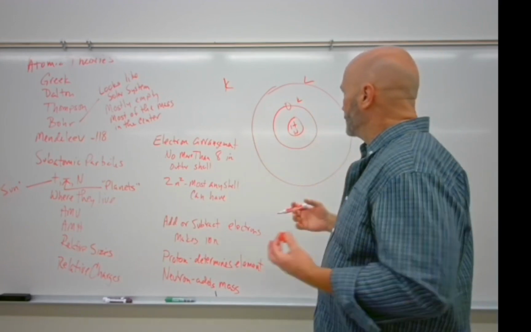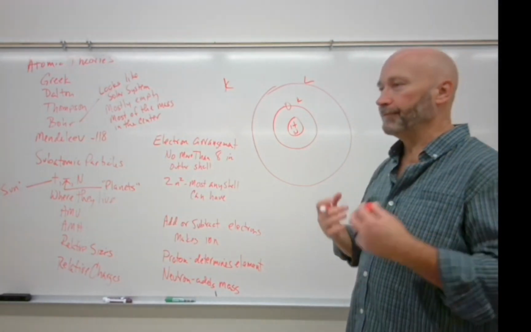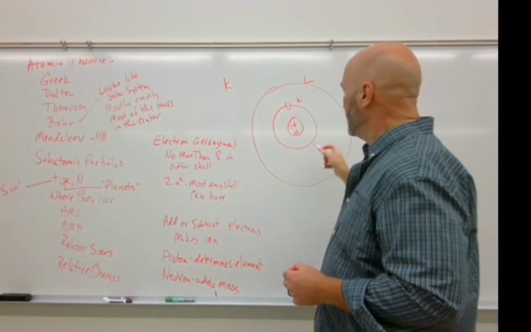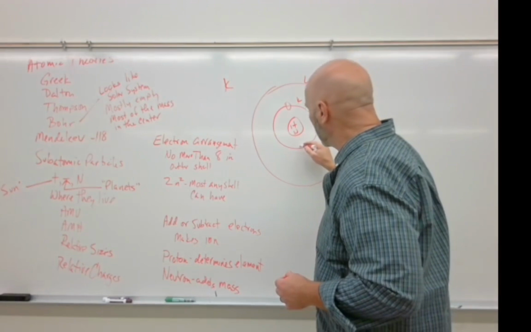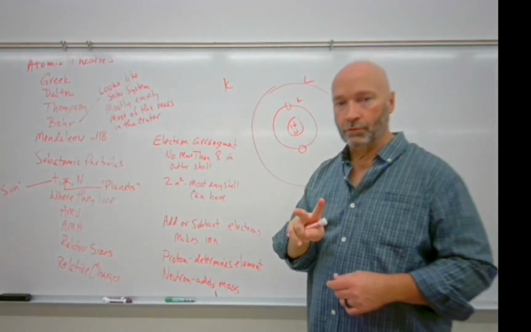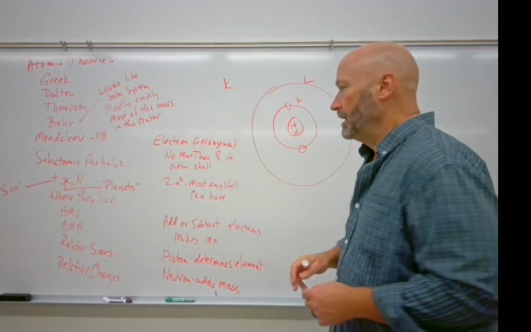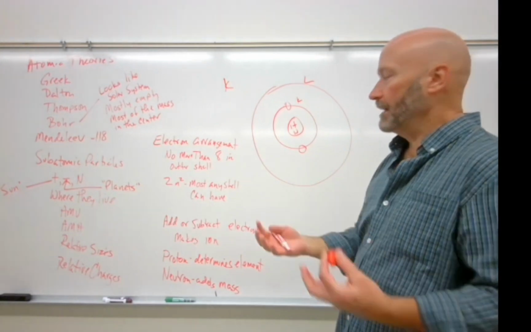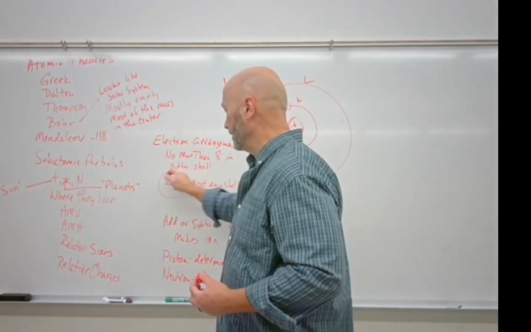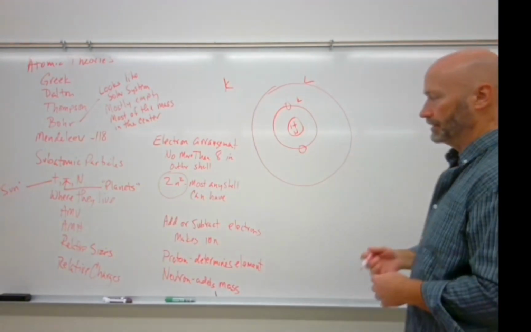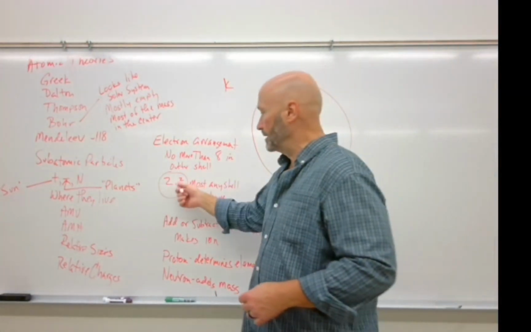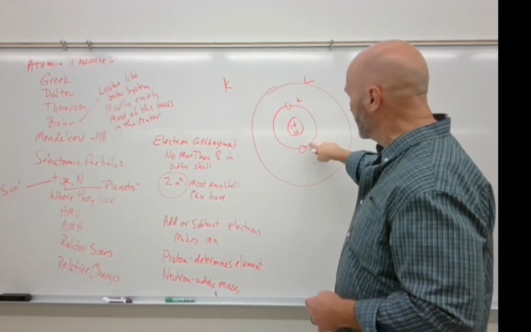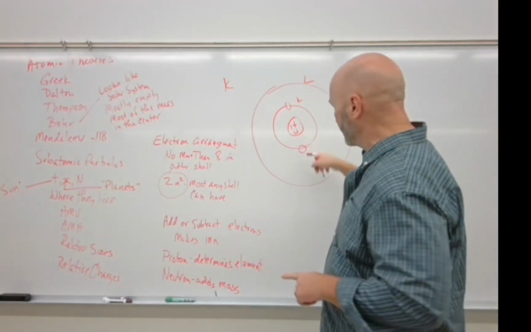So there are a few things to remember about the arrangement of electrons. First off is that the innermost shell can only ever have 2 electrons. For any of your shells, you can calculate how many electrons you can have with this formula right here, and that's not a Z, that's a 2. Both of those are 2: 2n squared. So n represents the number of the shell. This innermost shell is our first shell.